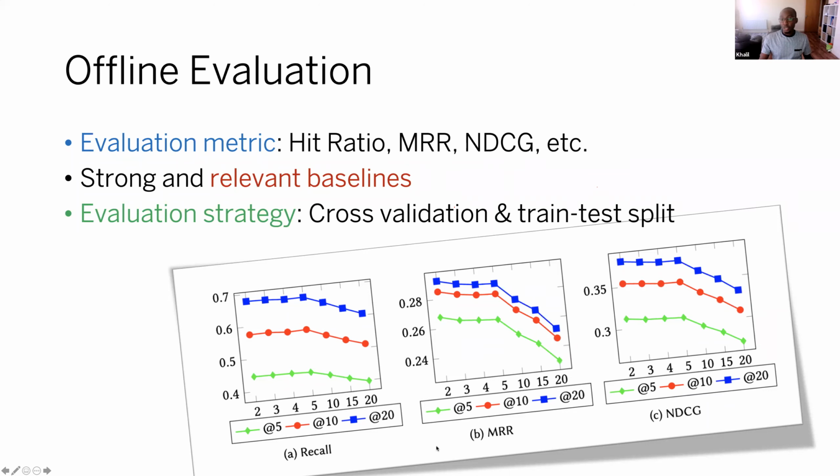But then you measure it on different dimensions. One could be recall, one could be MRR or NDCG. So you choose a baseline, that's what you're trying to compare against, and then an evaluation strategy, how you plan to do that comparison. So in a nutshell, essentially, if you've built a new recommender for Daily Trust that helps Daily Trust put the most interesting news in front of